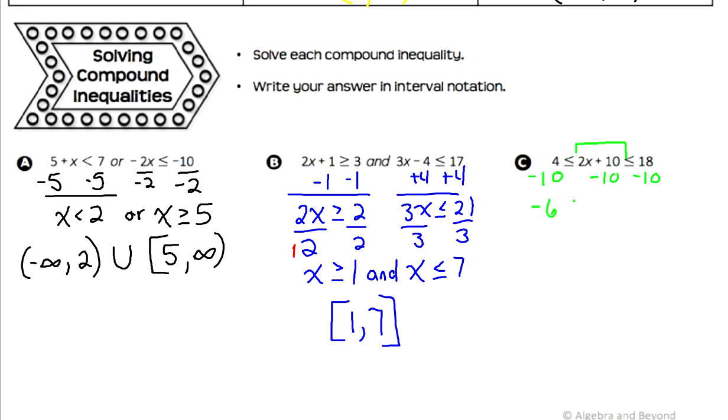So we're going to have -6 on this side, 2x left in the middle, and 8 on the right-hand side. And then finally, to isolate that x in the middle, I'm going to divide by 2. You need to remember to do it on all parts. So that's going to leave me with -3 is less than or equal to x is less than or equal to 4. So that means x represents all the numbers between -3 and +4. So my interval is going to be -3 to 4, both with